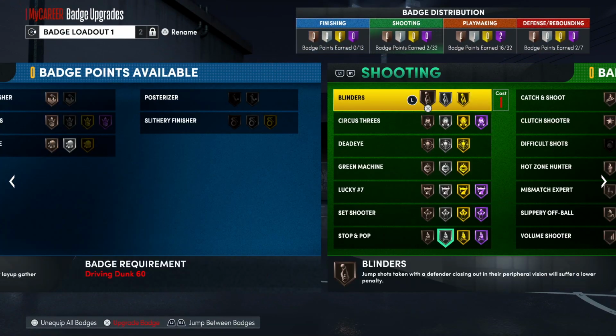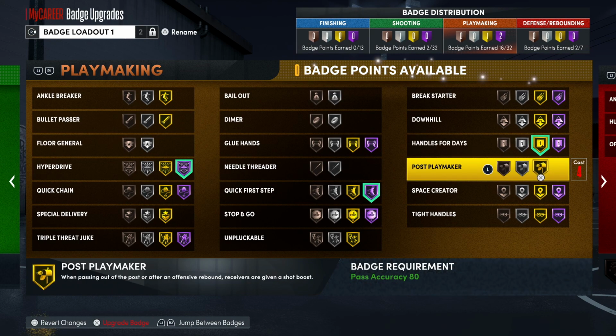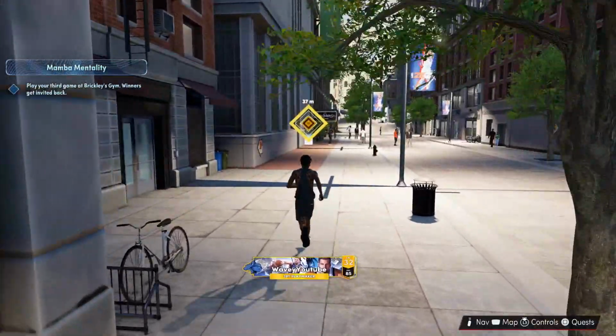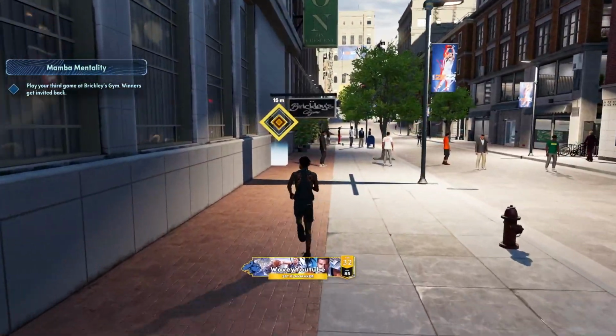Look at my badges. I had 15. Now I have 16. I have 2 badge points left. I'm gonna go ahead and throw this on real quick, and there y'all go. So y'all see it clearly works. It is super easy to do. All you have to do is this, and you will get your badges, especially your shooting and playmaking, maxed super